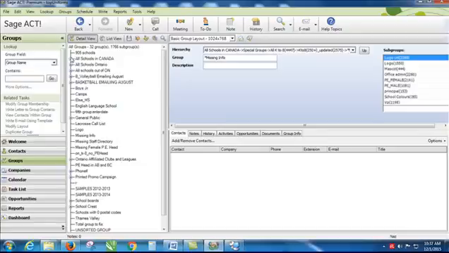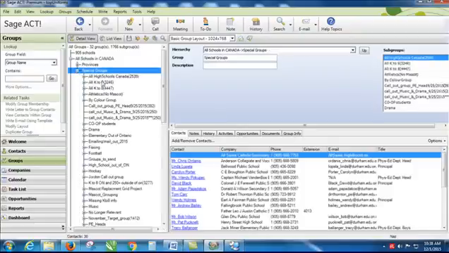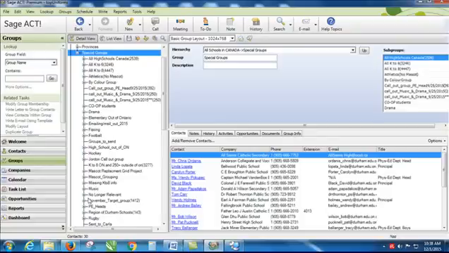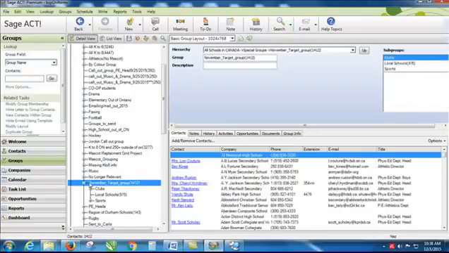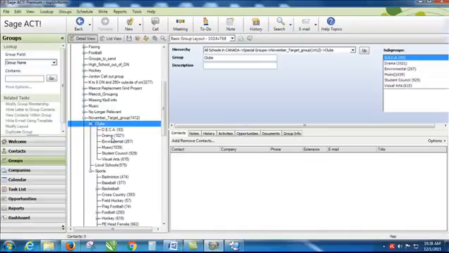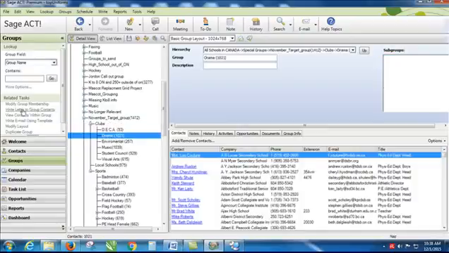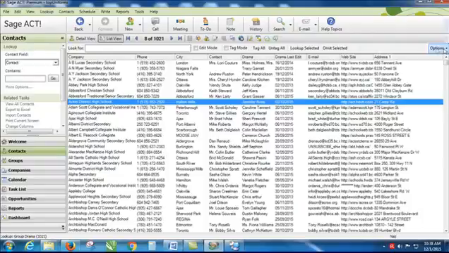Yes, so let's start off with basically everything below All Schools Canada, which we no longer use at Top Uniforms. The first category you're going to look at is All Schools Canada, and it breaks down into two things, provinces and special groups. In special groups, you're going to find a whole whack of different things, but I'm just going to go to our November target group. And I'm going to go into drama. Yes. And to actually get into the group, you have to click view contacts within group. Okay, so